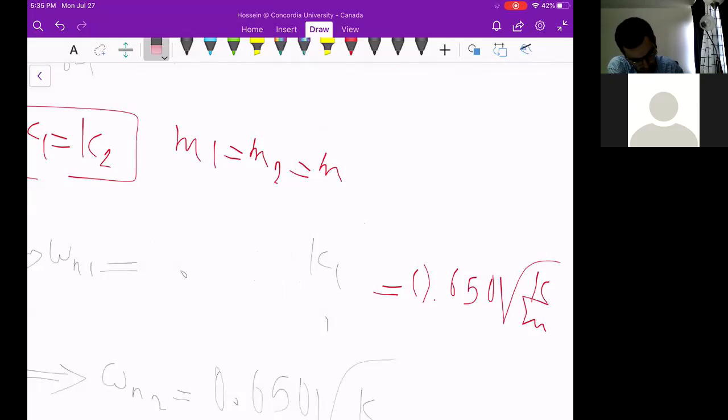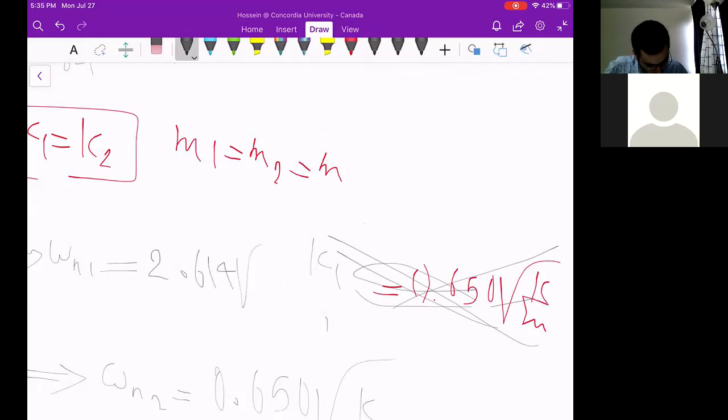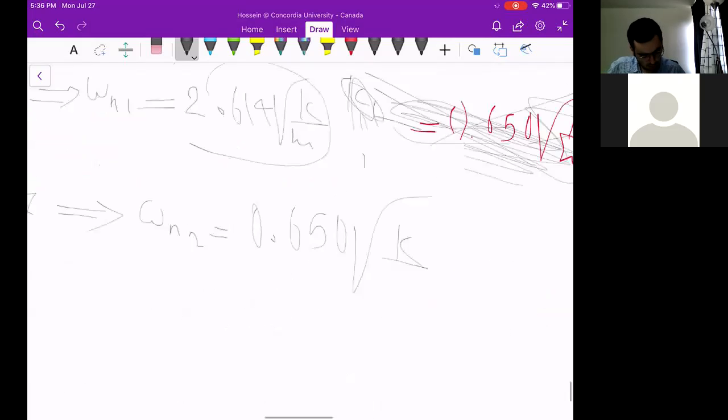So we made a mistake here. So the first natural frequency is going to be 0.650 square root of k over m, and therefore,